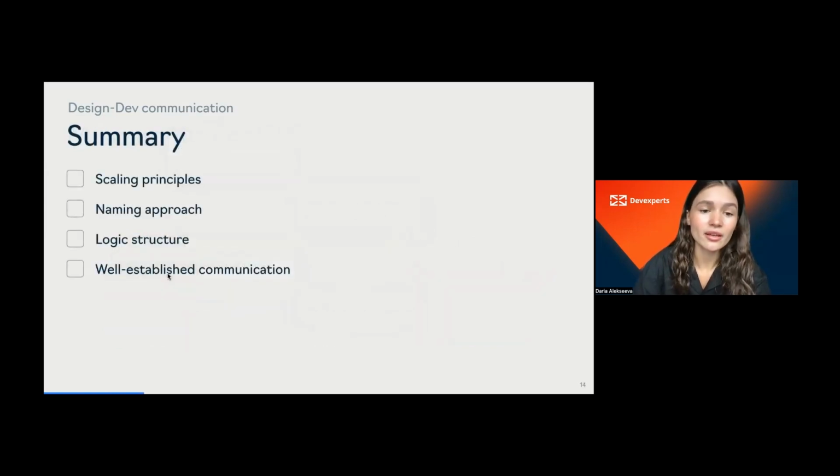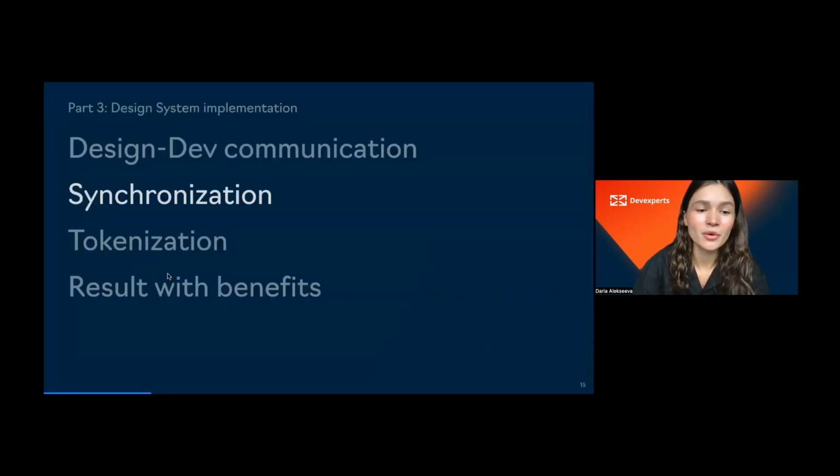Let's summarize everything that needs to be synchronized. First of all, it's a scaling rule. No scaling, no future. Common naming approach. If we speak the same language, let's do it in the same terms. Logic structure. Without it, scaling is impossible. And obviously, a good design-dev communication process. I think this one is pretty much self-explanatory. Moving to the next step,